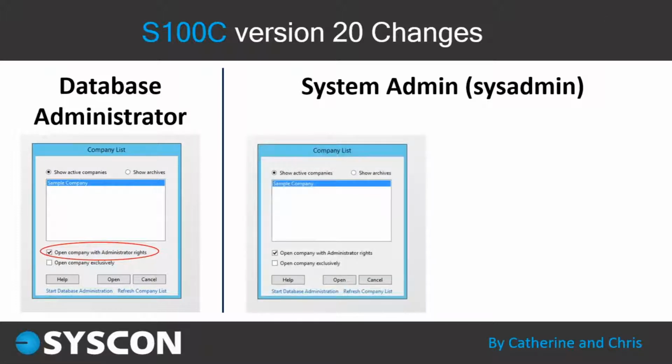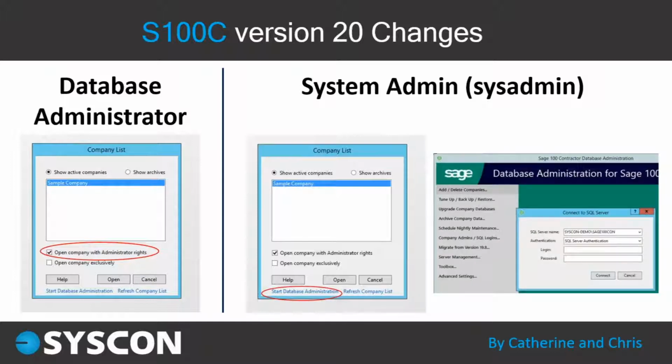Go ahead and click a couple more times there for me. And that means you can start database administration. What that gives you is the access to this other program outside of Sage, a brand new program. This is what you use to create backups. This is what you use to rename your company. This is what you use to archive your payroll data, which is why we've been getting so many calls on